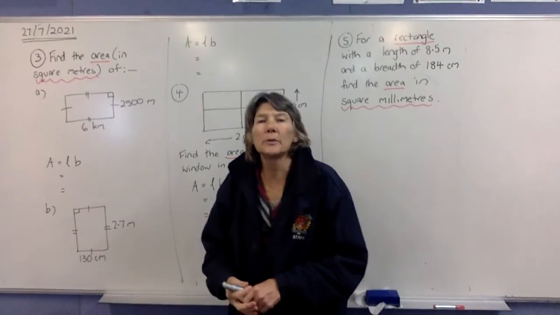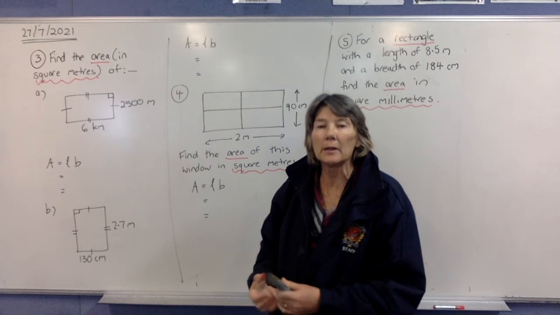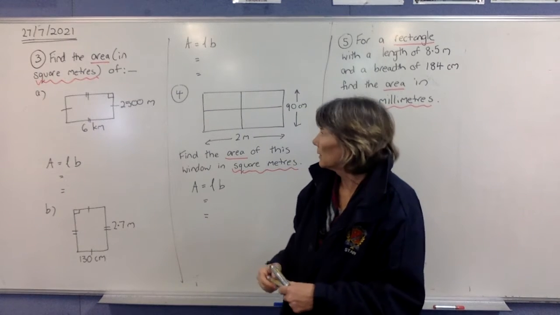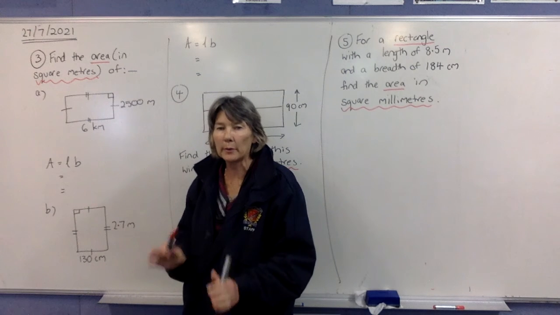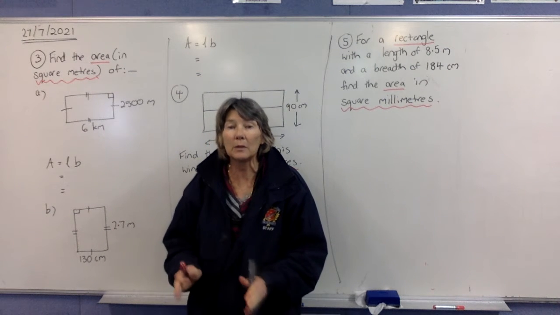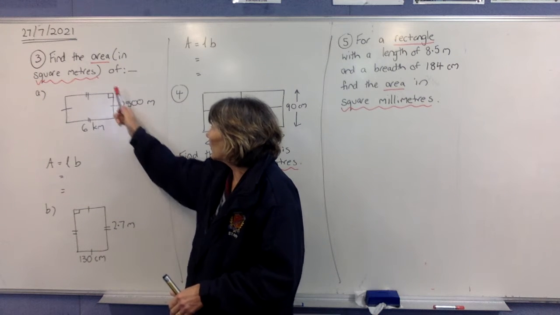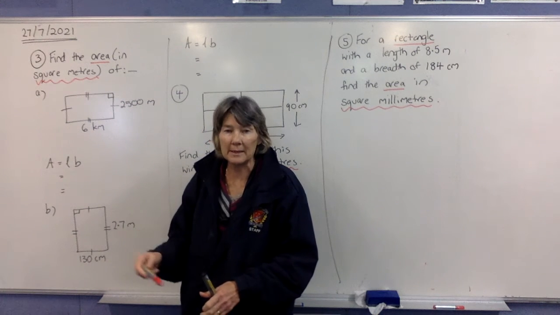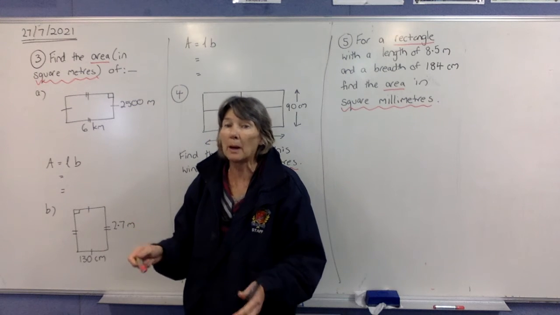So we're going to continue with some examples to just get a really good understanding of how you change these units. So in this question, they've asked you to find the area. We know that we're going to use the formula A equals L times B. But they want the answer in square metres. So make sure that you underline that so you understand what you're doing, because it might be too late to